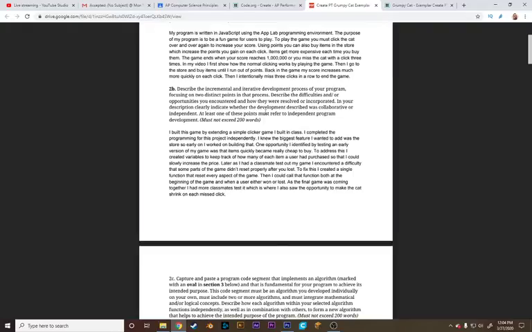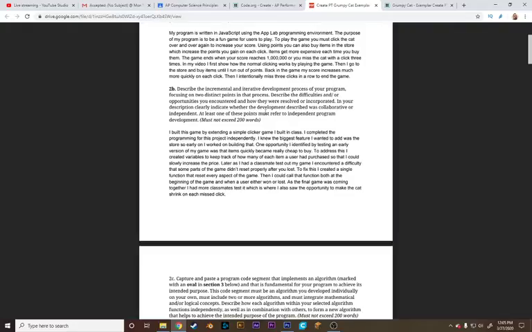In the due date checklist that I posted yesterday, I think it was yesterday, I have a note about keeping track of your development process, so that every day that you work on it, maybe make a couple notes, or when you come across something that is pretty important to the development of your code, you may take a note of it. It doesn't mean that you're going to include every single one of those notes, but you will at least have all the info that you encountered along the way and won't have to try to remember back. It's really important to chronicle how you came up with this.